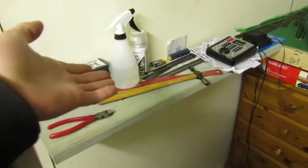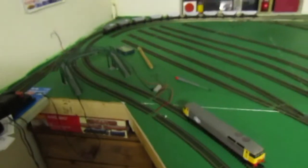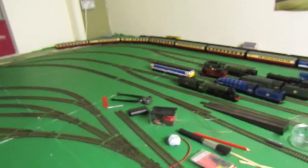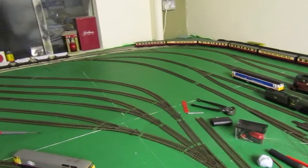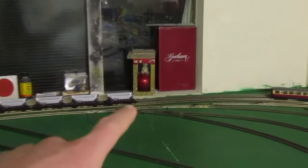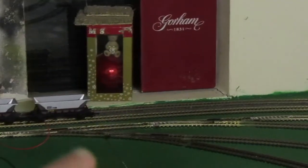As you can see here, Kimberley Road TMD is still not built. It will be built eventually. Just at the moment, my priority is getting basically the main part of the layout done. You probably can't see from here, but right in the back, you would have known that